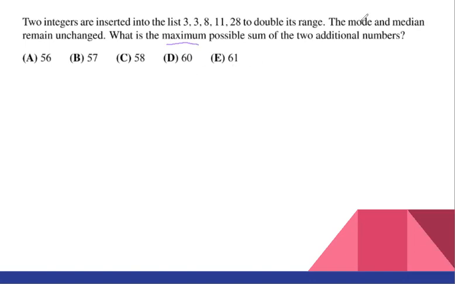So the mode is the number that repeats most. In this case, that's 3. So right now our mode is 3. And the median is the number in the middle when you list from smallest to largest. In this case, it's 8. So let me write this. These are given, and then we are told when you insert two numbers, these two numbers will not